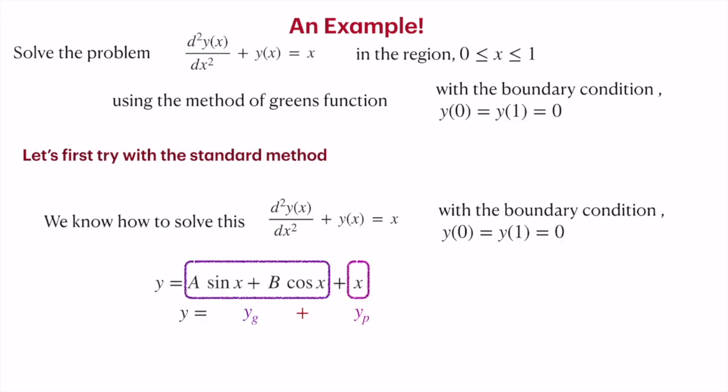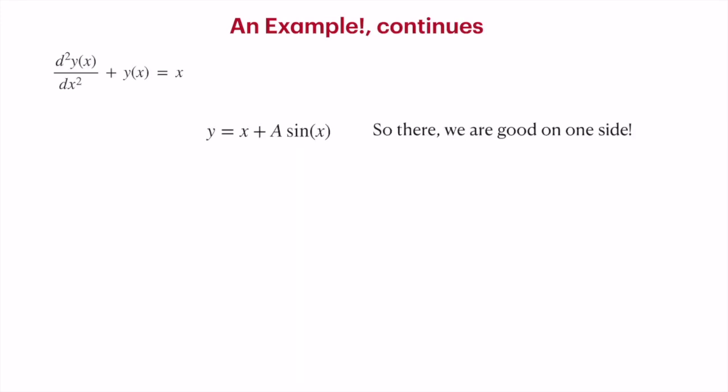And we know that the general solution is a sin x plus b cos x, and that the particular solution is yp is equal to x. It is very easy to show that that is a solution, because the second derivative is 0, y is equal to x, and on the other side you also have x. So that does satisfy the particular solution, and the general solution is given by this expression. Now, does it satisfy the boundary condition? No. Now it is easy to get the boundary condition.